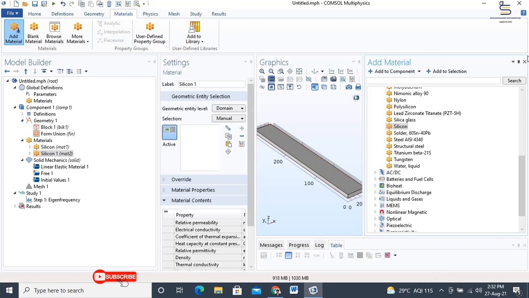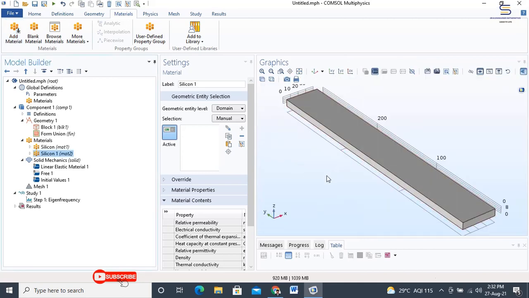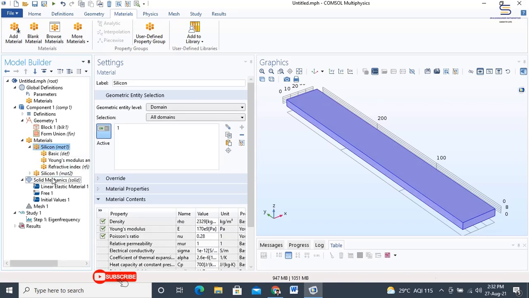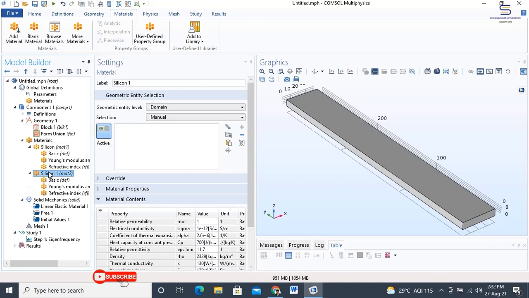Now close the materials pane and then go to the material selection. Actually, there are two materials being added.